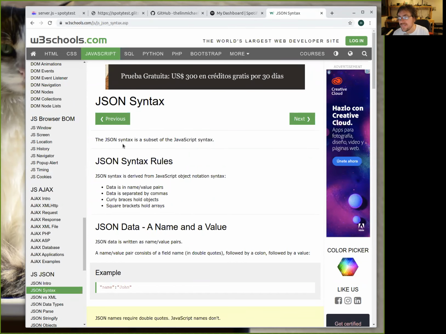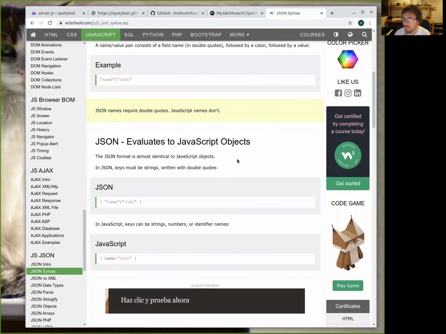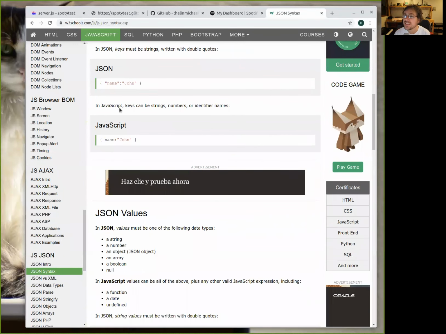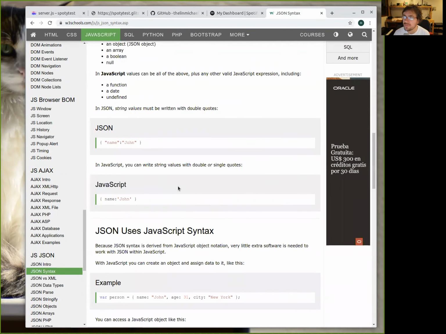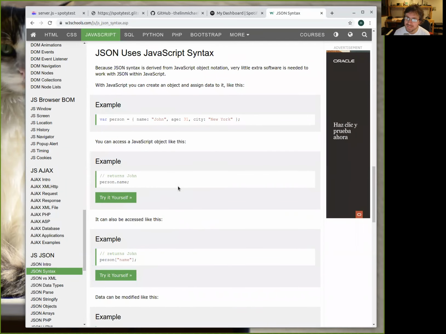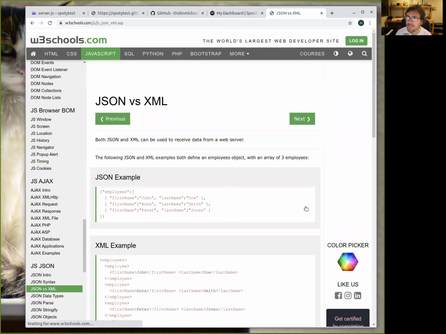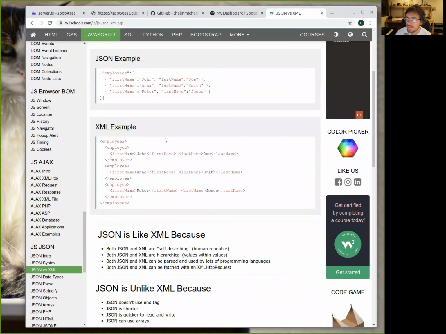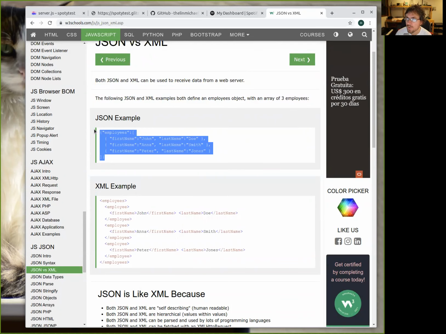Okay. Now, if you go here, you will see a nice description about what the JSON format is. It tells you JSON allows you to structure things as arrays or dictionaries, arrays of arrays, dictionaries with arrays, and all the combinations that you can find here. So this is a nice example of what JSON is, and you can see it is similar to an XML description, but it is nicer because it's more compact.